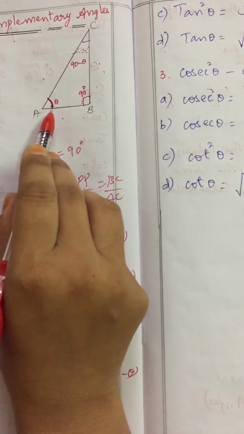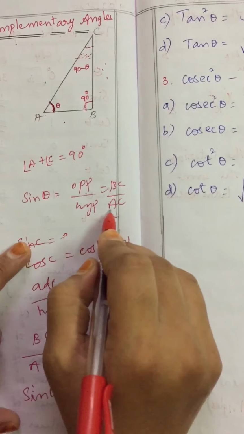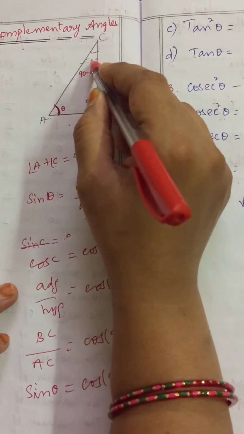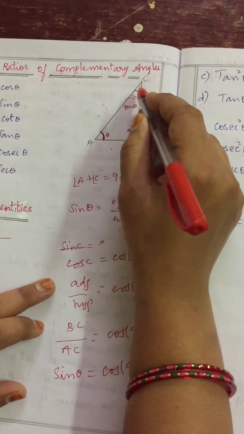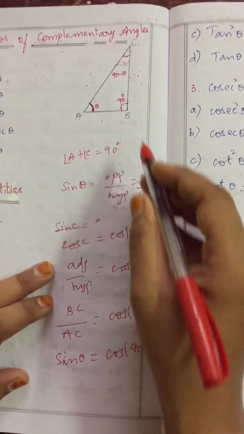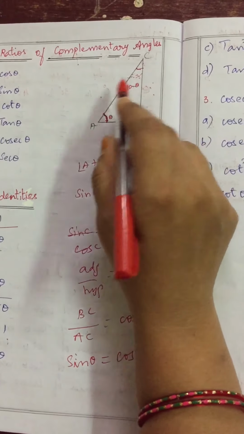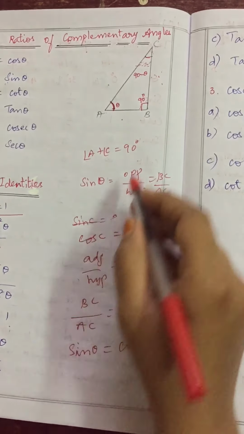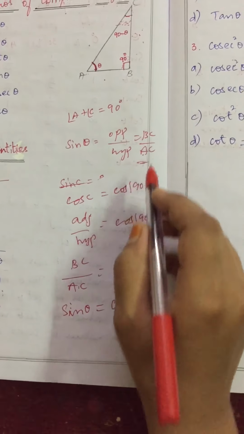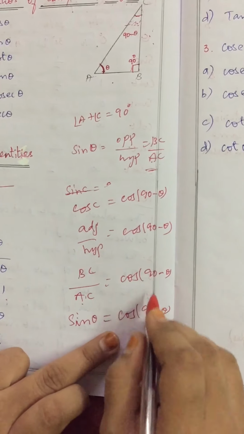If I take according to theta, sin theta is nothing but opposite by hypotenuse. Opposite is BC and hypotenuse is AC. Clear? Now according to C, I am considering cos 90 minus theta, or cos C you can say. Cos C is nothing but cos 90 minus theta. According to this 90 minus theta, if we want to find the cos value, adjacent by hypotenuse, that only we are writing. Adjacent is BC and hypotenuse is AC. Just now I told you sin theta is also BC by AC. So in place of this BC by AC, can I write sin theta? So sin theta is nothing but cos 90 minus theta.